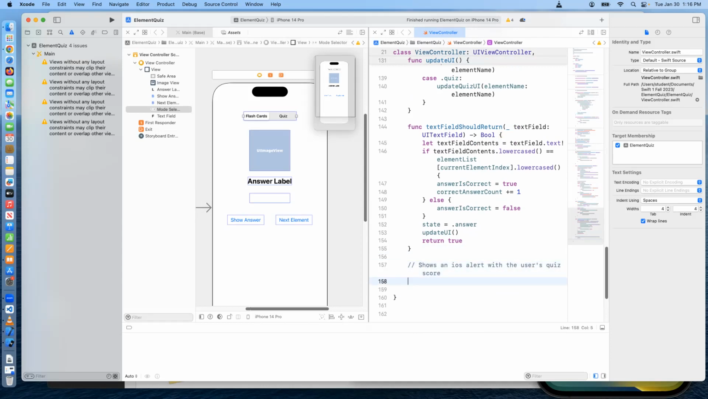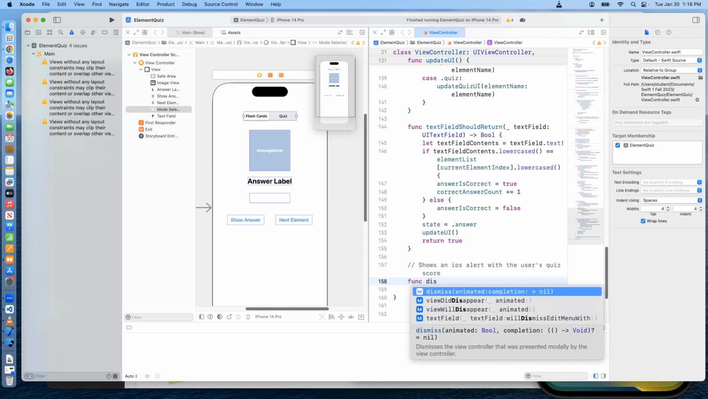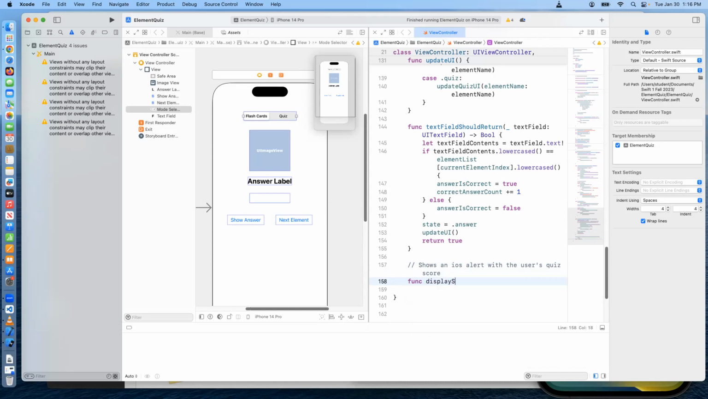That's the comment that they've added to it. So we're going to create a func called displayScoreAlert. Parens, close parens, open curly, press enter, get the other curly bracket, and then we're going to put in a constant. Let's start with this one. Let alert equal